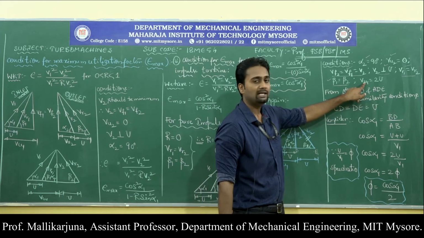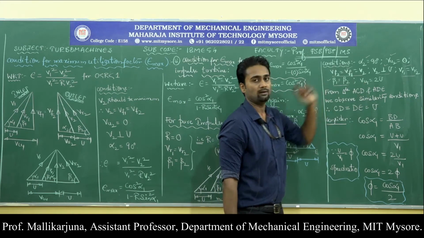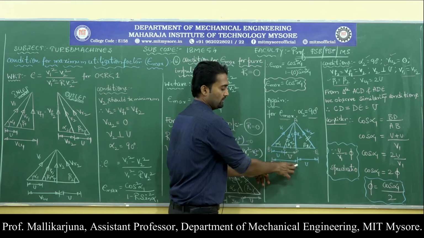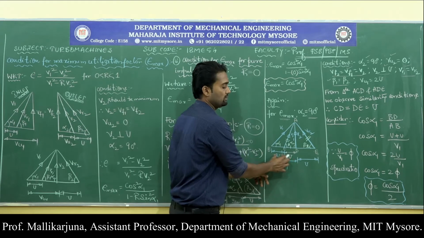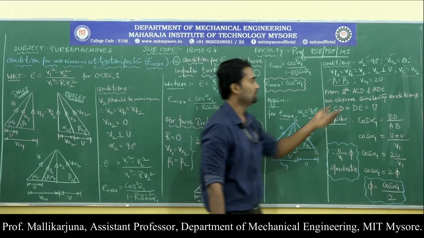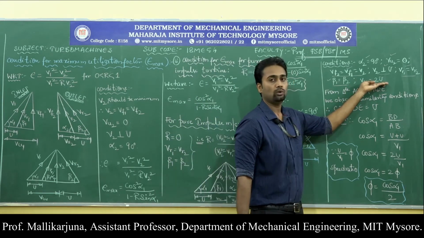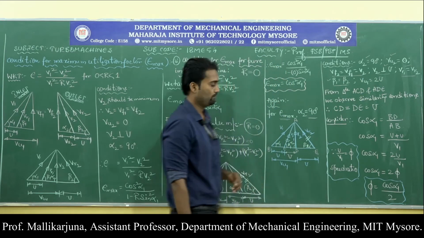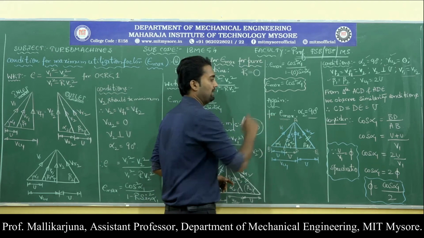Now look on to the final condition VU1. This is the overall VU1. VU1 is nothing but U plus U, which is nothing but 2 times of U. So I have written 2 times of U. So VU1 will be 2 times of U. So all the things are named now.